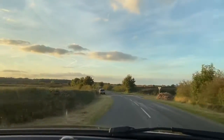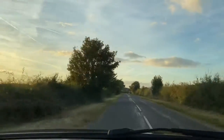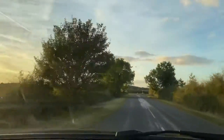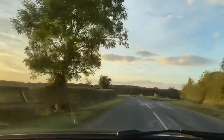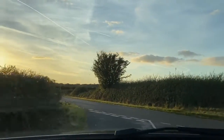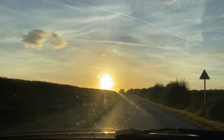This bit's very bumpy, so I want to see how it gets on here actually. Yeah, so when the road is really bad as this, you do notice it, of course, but it is not an utter inconvenience. It's not very uncomfortable. It just deals with it very well. There's also plenty of power as well, so